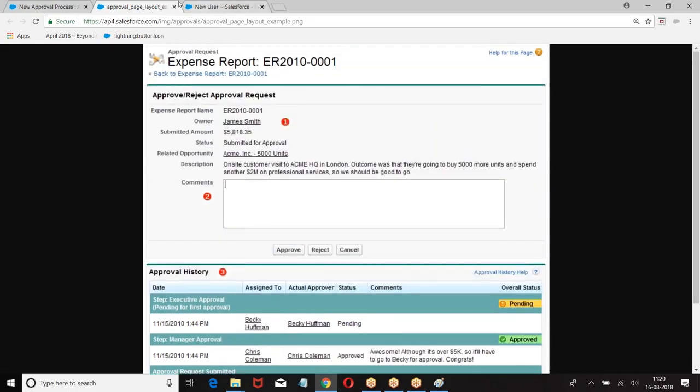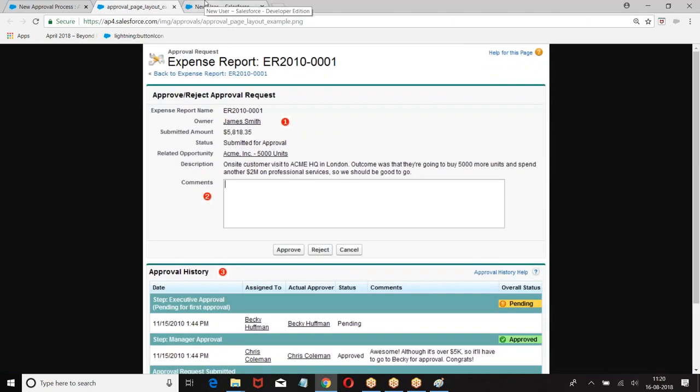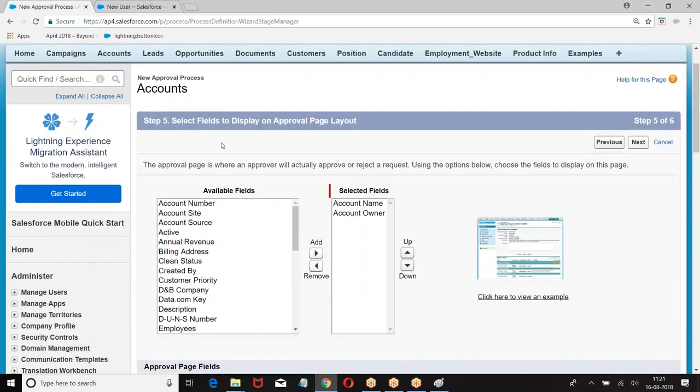Now what was this? When you submit the record for an approval, which fields of the record should be displayed? And do you want to show the previous history of the record or not? This is decided by what?